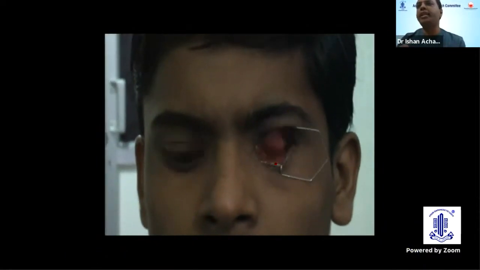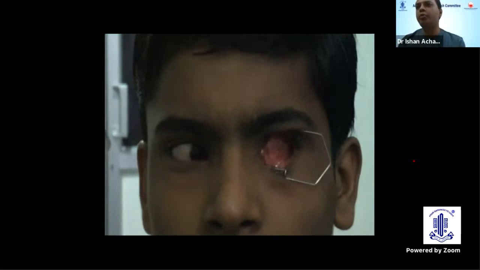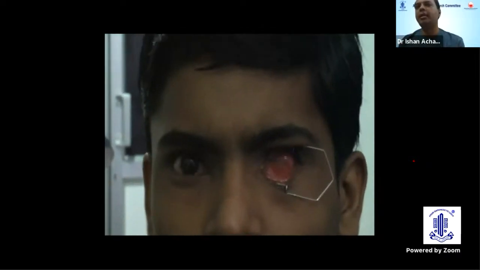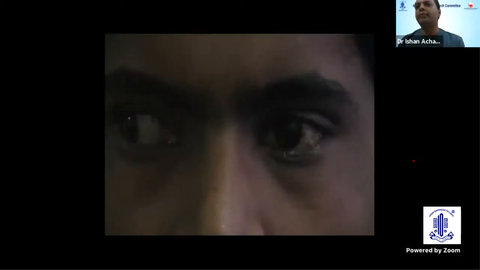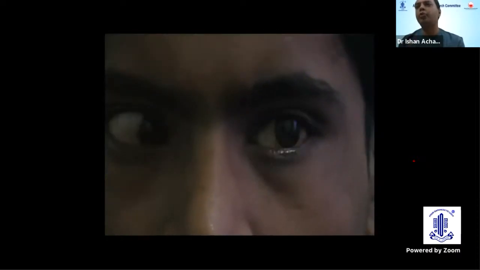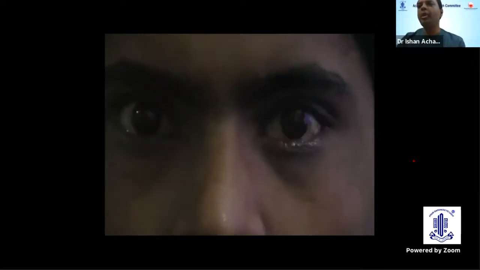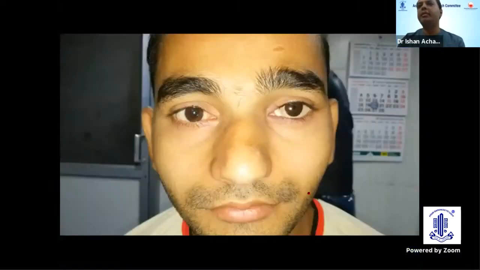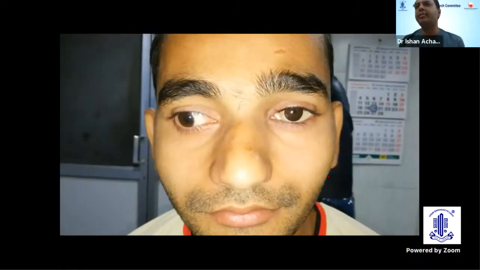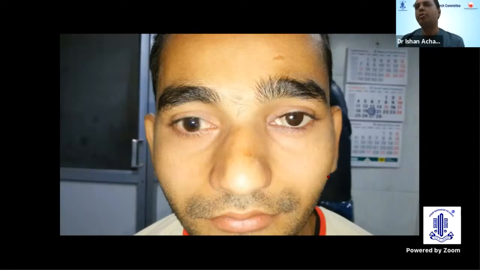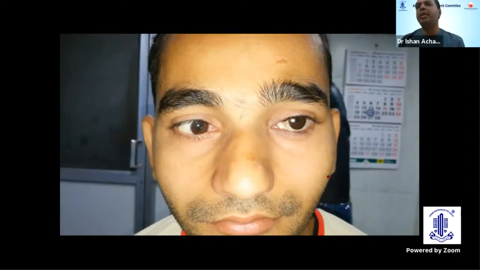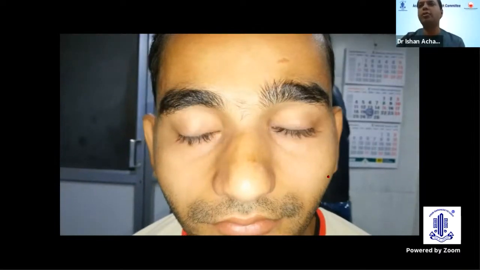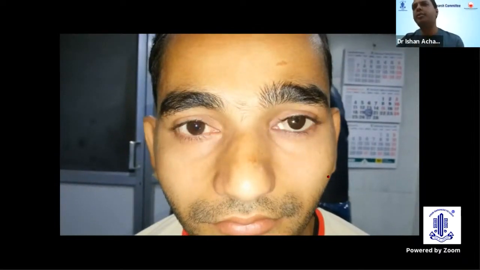This is the video showing the implant motility. This is an integrated sphere implant, and you can see the very good transfer of the motility to the prosthesis. Compared to that video, in this video the prosthesis motility is a little lesser. There can be a larger implant in place, or there can be shortening of the fornices during the surgery by pulling the tissues.